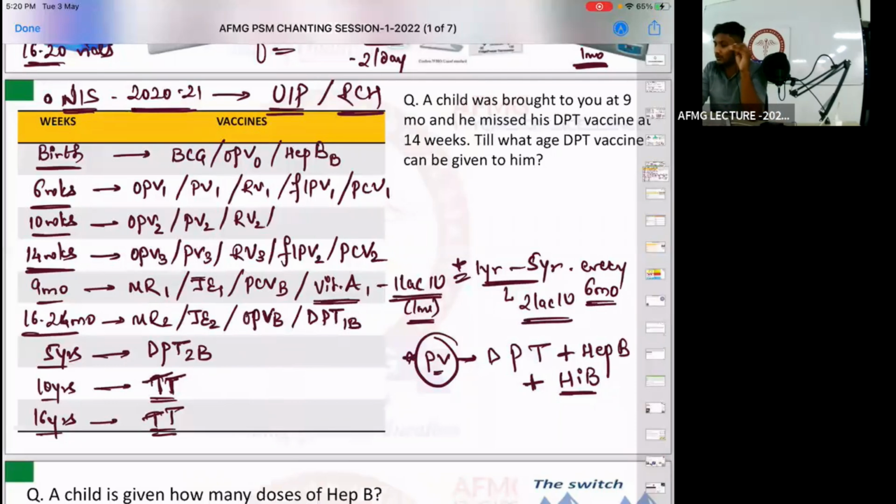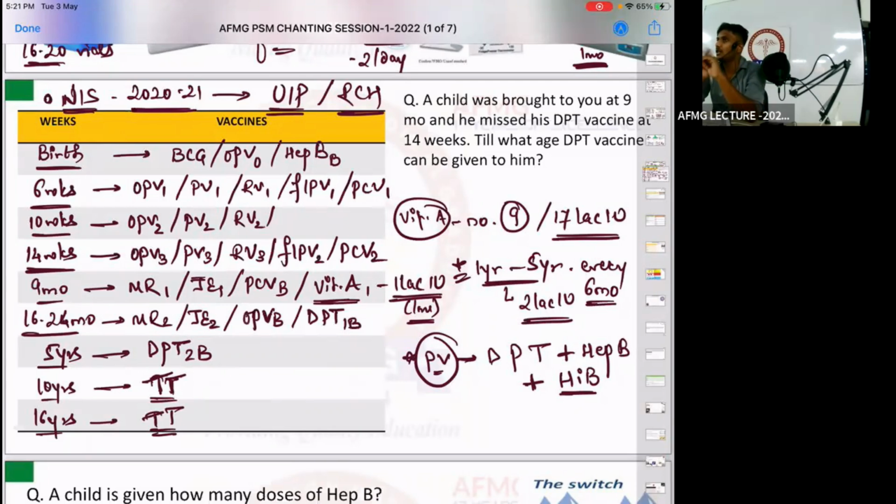So total number of doses would be, लगा ही था मुझे, ये इसीलिए पूछ रहा हूँ. Total number of doses would be 9 doses. 1 to 5 years, 4 साल में every 6 months. So it is 8 doses. 4 to the 8. And 1 साल के अंदर 1 dose. That is 9 doses. Total doses, 17 lakh international units. Like for 8 times we give 2 lakh international units, so 8 twos are 16, plus 1, 17 lakh international units. No issues with vitamin A. Now it is given usually with a spoon.